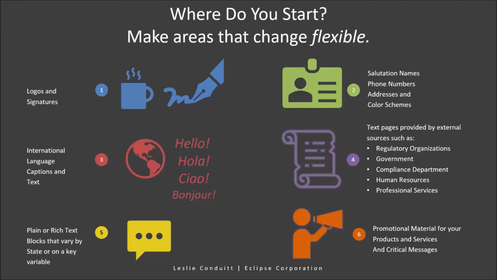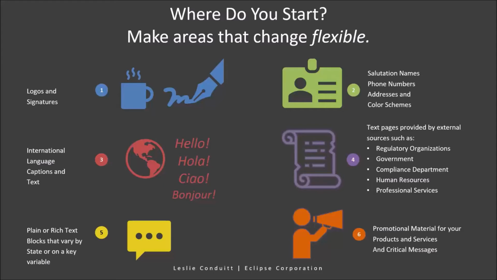The third one is international language captions and text. And I still find today that when we start a new project, I always ask the customer if they operate internationally, and what languages they operate in. When I receive their forms, I'll get a Spanish version, a French version, and an English version of the form. And that, again, can be quite daunting. If your library is made up of 1,000 forms, then for every language now it's 2,000, 3,000, 4,000, exponentially. So we're going to talk about how we can handle that as well.